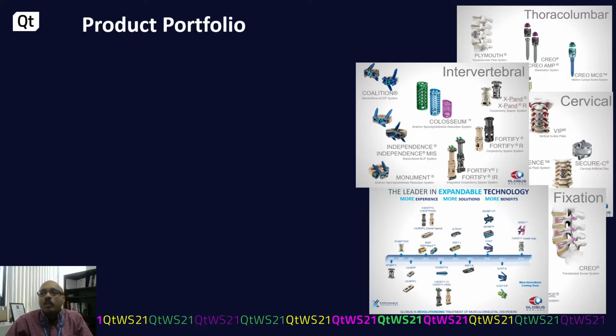Globus Medical also develops intervertebral solutions. These are spacers that go in between two vertebrae. So these are what allow the spacing between the two vertebrae to stay constant. There are different types, again used for different kind of anatomy, different kind of surgery. In fact, Globus is known as leader in expandable technologies. Now, these are very specially developed implants. They come squished, they go in between the vertebrae, and they can be expanded, pretty much like how a car jack operates. So, Globus came out with this technology a few years ago and is considered the market leader.